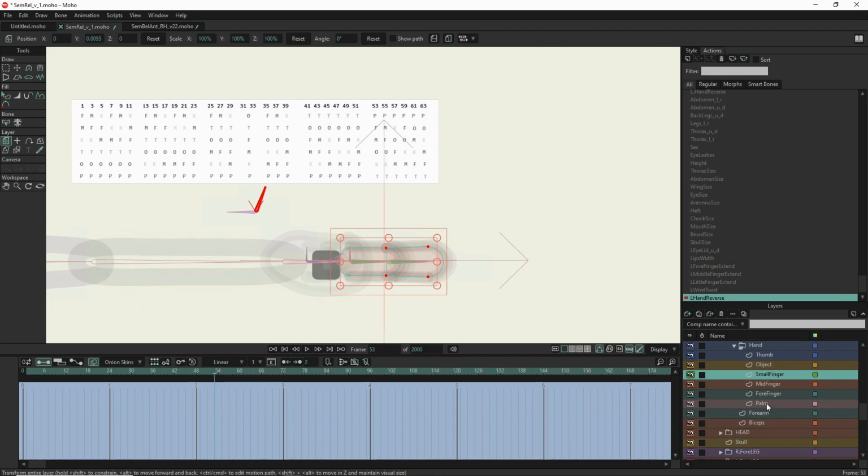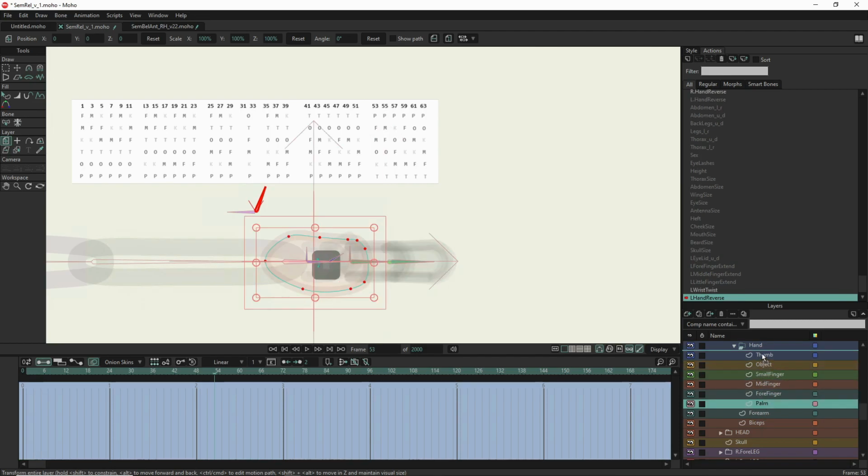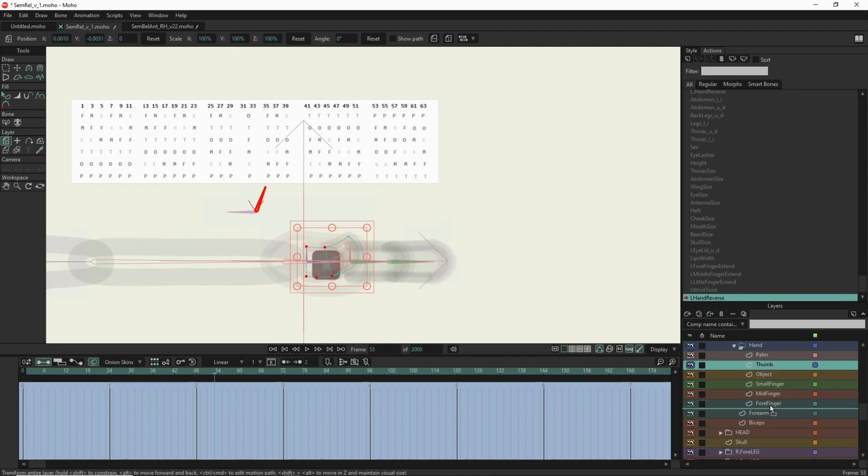At 53, we now bring the palm of the hand to the top, and that means the palm will be over top of everything else. We also bring the thumb all the way to the opposite of the palm, and now we match our patterns. Here again, forefinger, middle finger, pinky, but as you can see, the thumb is going to stay on the bottom now, the palm is going to stay on the top, and only the object is going to migrate every 2 finger changes. So we need palm, forefinger, middle, then object,